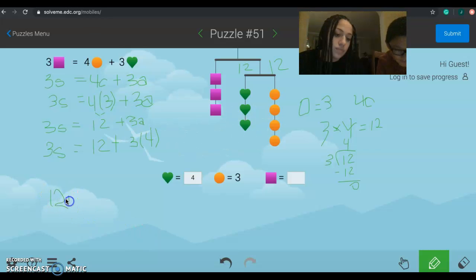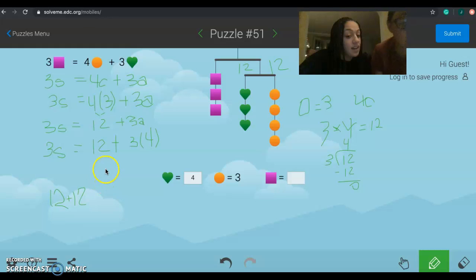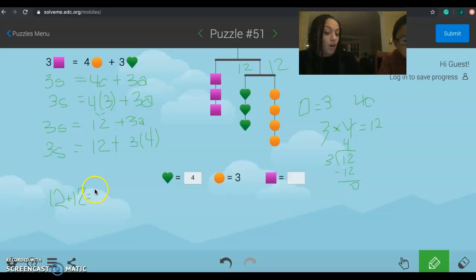12 plus 12. Great, because you did PEMDAS. And the first order of operations you would have to do is multiplication. So you got the 3 times the 4, which equals 12. So 12 plus 12 equals